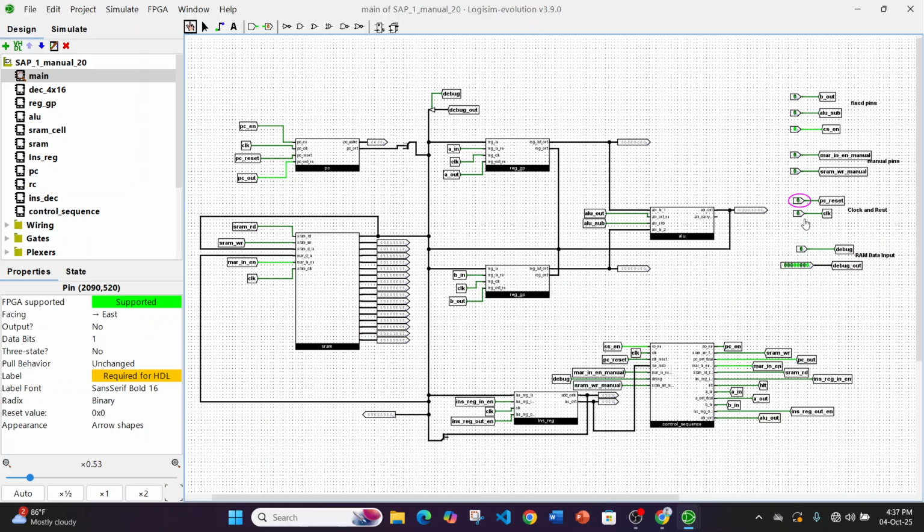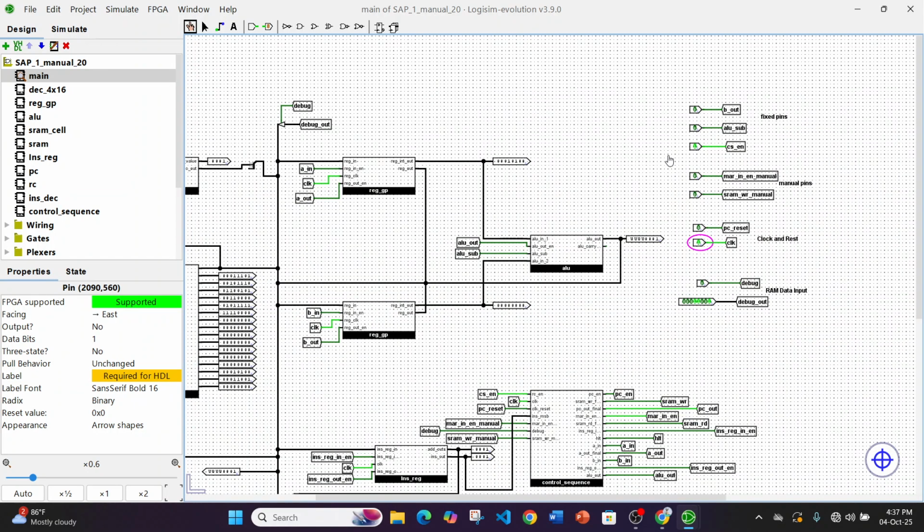So let me show you. After giving 6 clock pulses, you can see register A has loaded the value 20 in binary from memory. Then after giving 6 pulses, you can see register B loaded the binary value of 25 from memory. Then giving another 4 pulses,